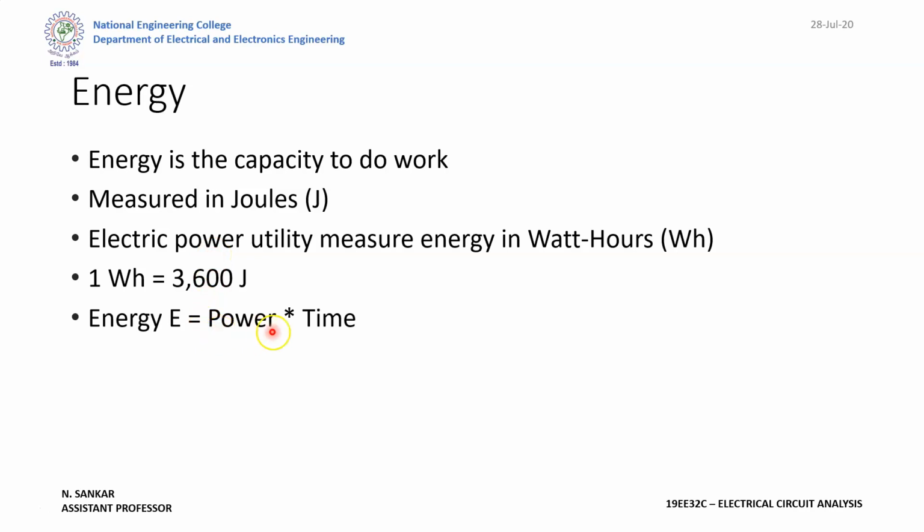So energy is nothing but power into time. Power we already know is nothing but the product of voltage into current, and then time, T. So if you want to calculate the energy consumed by any load, for example, let us take a bulb or any tube light or anything. If you have a voltage supply of 230 volt and the current consumed by the load is 5 ampere, then 230 into 5. So it is just operating for 1 hour.